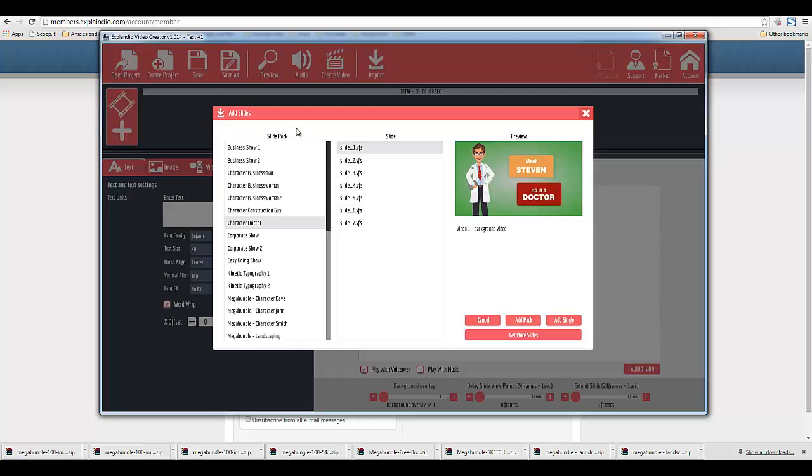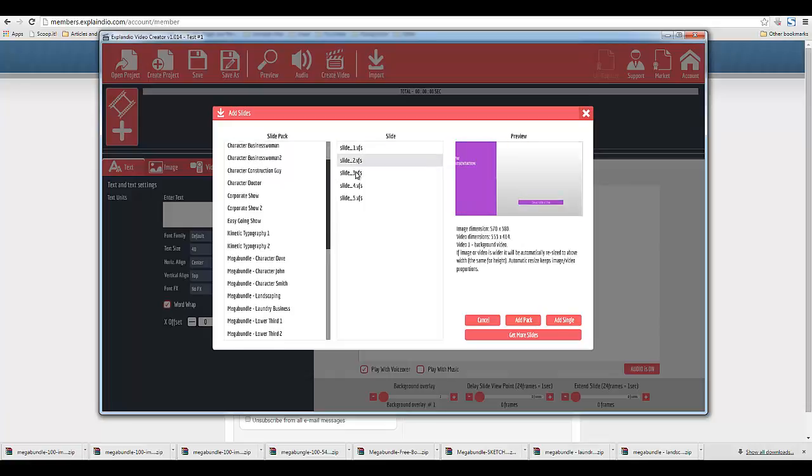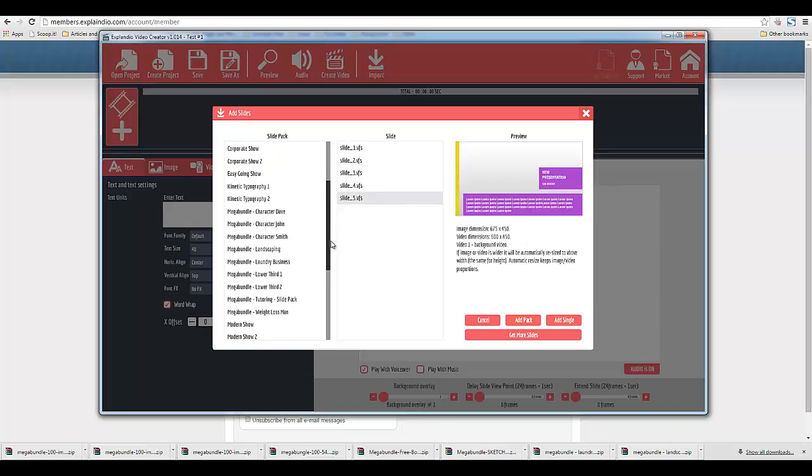Now when you go into any slide pack, you're going to see multiple slides, and basically these are templates. So it takes you through slide by slide an entire animation. So what you could do is very easily create marketing videos just by using these templates.